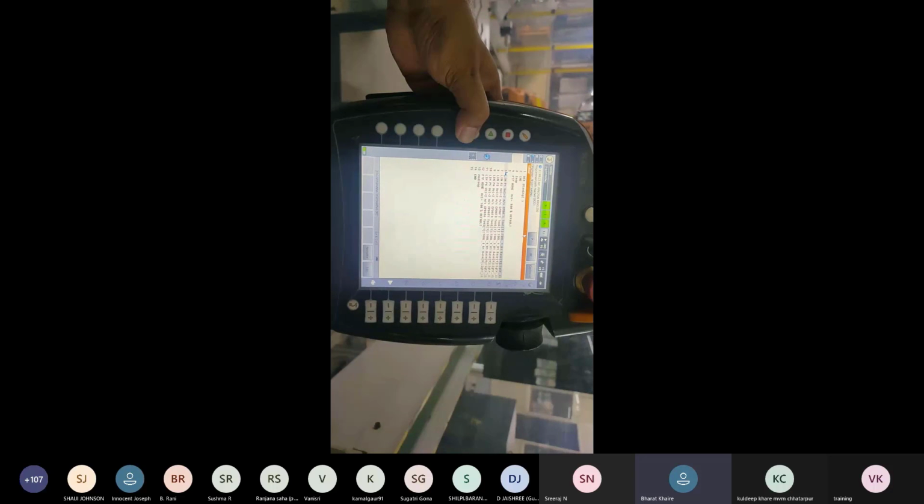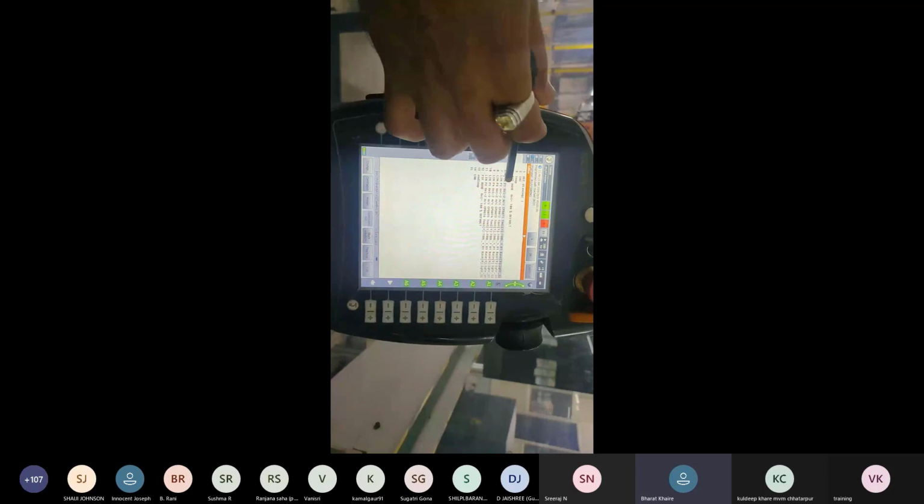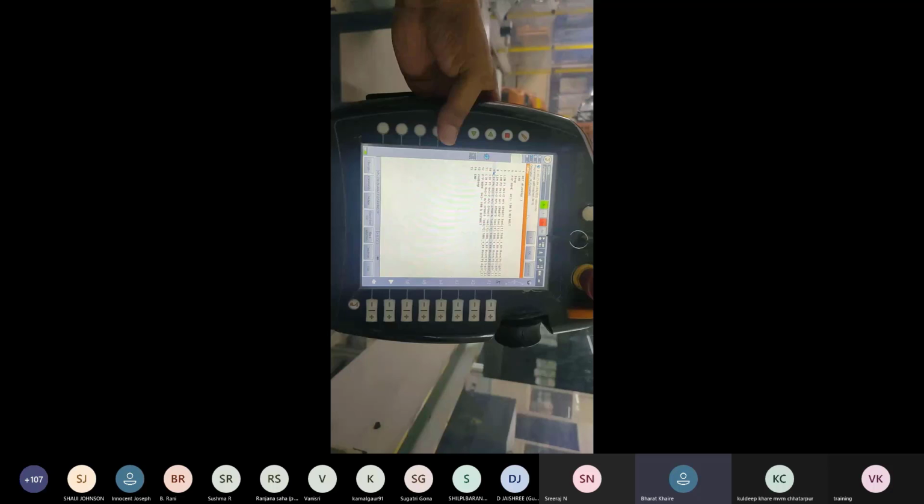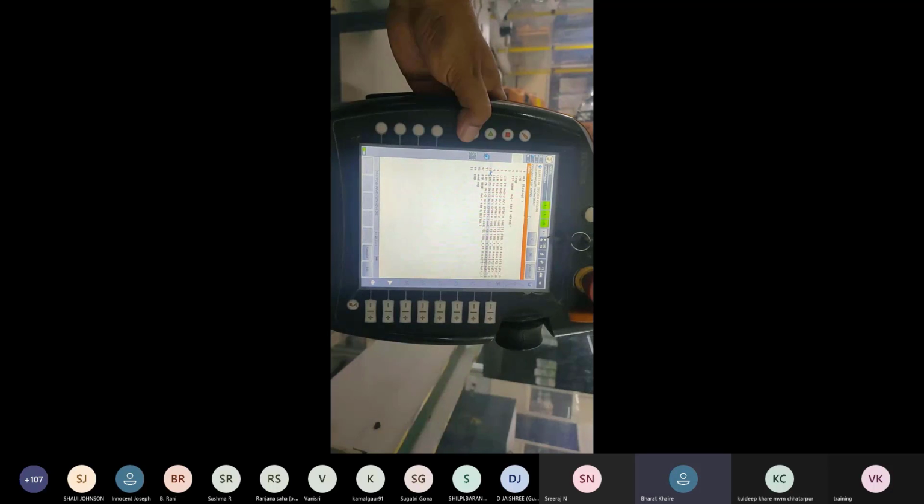The program will not run continuously. We can see a red light here because the program is stopped on point 1. We have to press the key again and it will reach the second point. So we can check the program point to point. In go position, it will continue the program to the end.